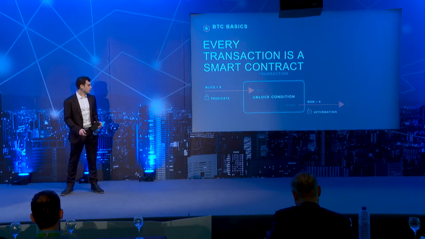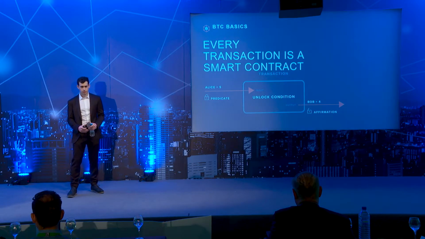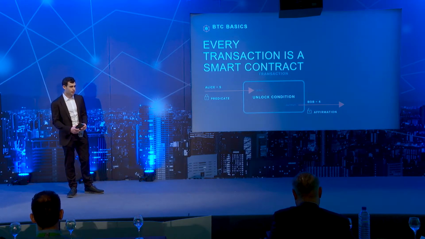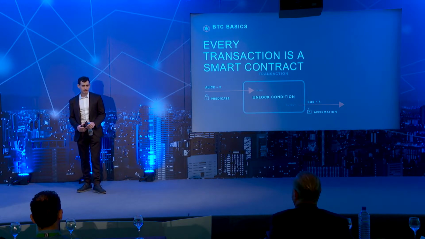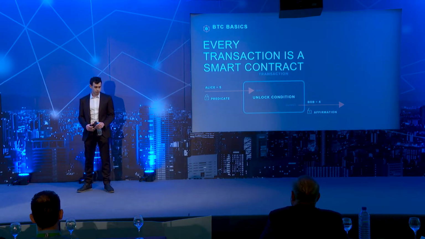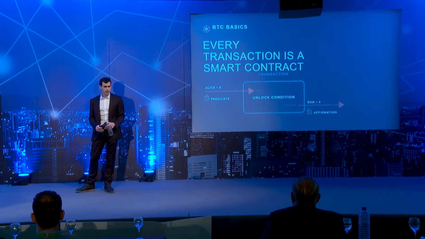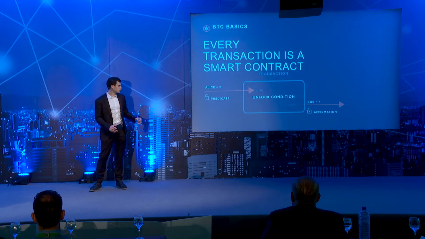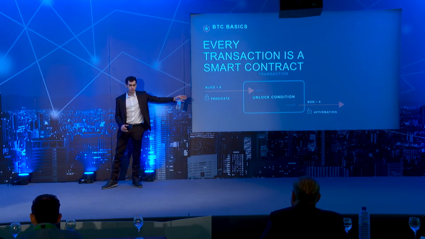Now, I want to compare this to how Bitcoin works. A lot of people maybe think that Bitcoin doesn't have smart contracts, but that's actually not true. Every Bitcoin transaction is essentially a smart contract. Bitcoin works by having what we call an input-output paradigm. So you own outputs and you send inputs. And when you create a transaction, essentially, you take your output, turn it into an input, and then create an output to the person you're sending to.